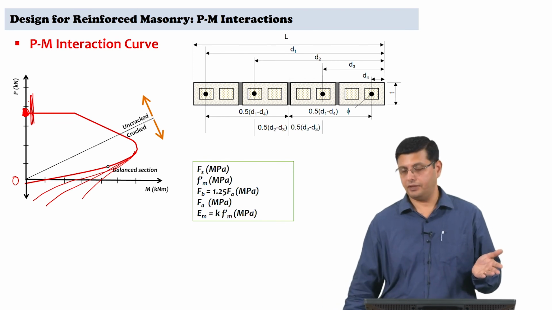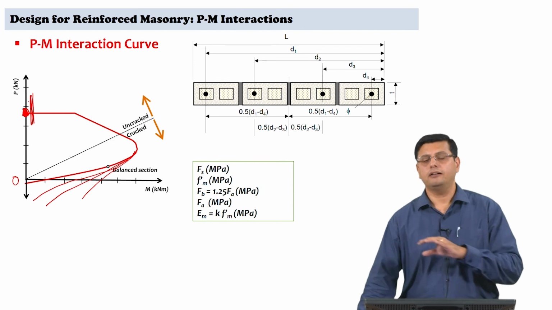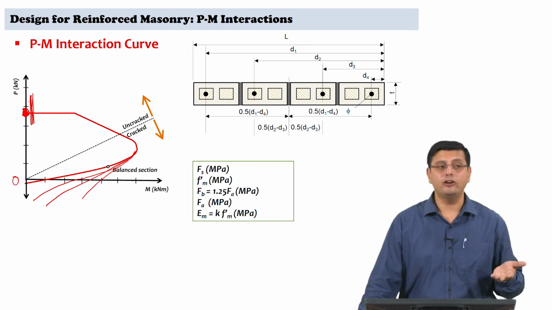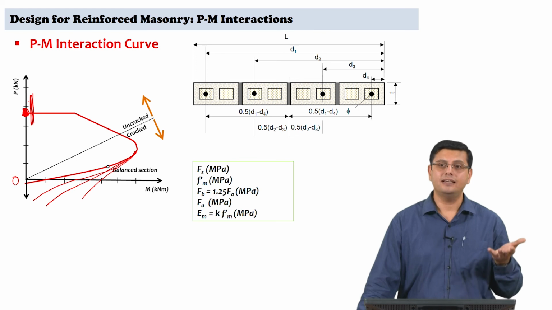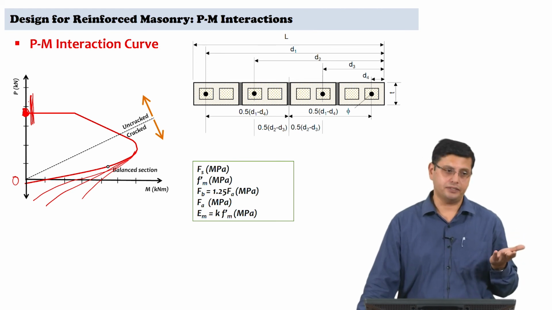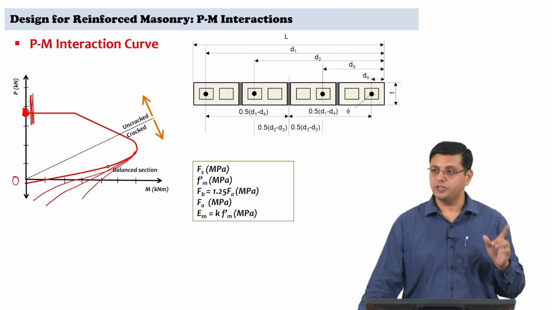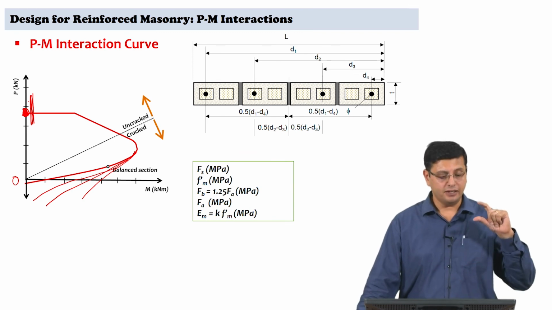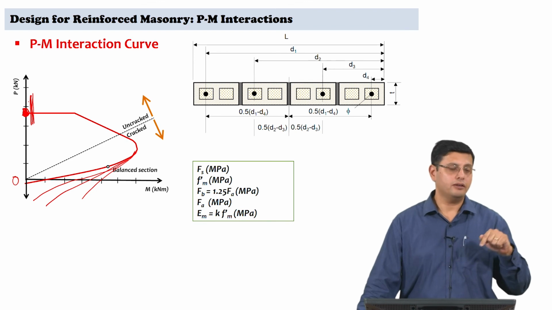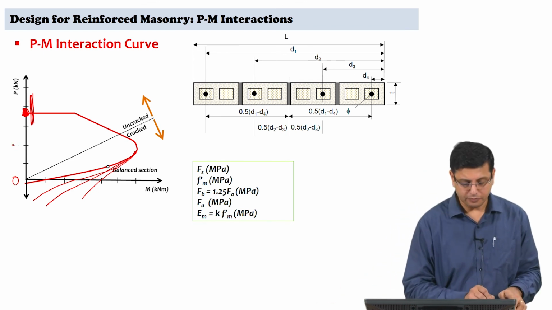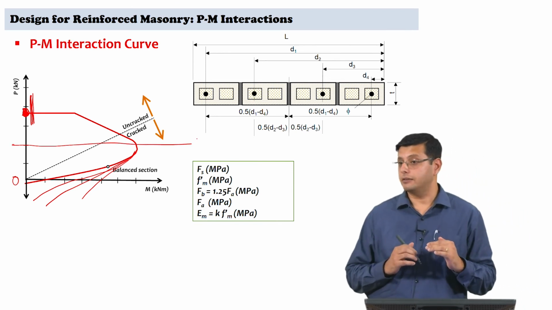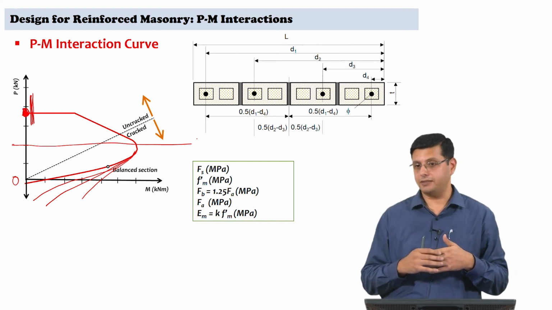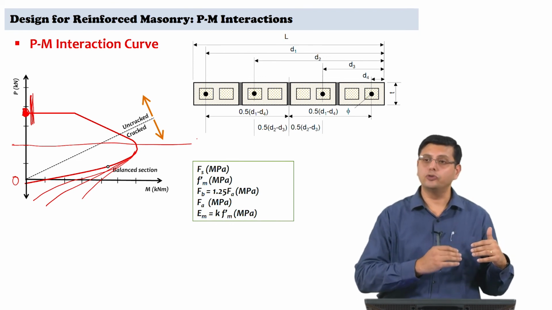But if you take masonry as a structural system, if you look at shear walls and load bearing walls in a masonry structure, we know that the level of compression that exists is typically very low in comparison to the capacity in compression. It is a material which is good in compression, which means most often, even if you are looking at 2-storied, 3-storied structures, the axial stress level in the wall will ensure that you are in the lower portion of the interaction diagram as far as PM is concerned, because you do not make very tall masonry structures, and because the code also does not allow you to go too far beyond the